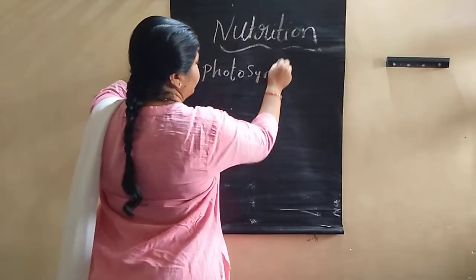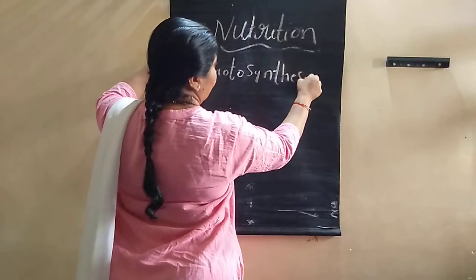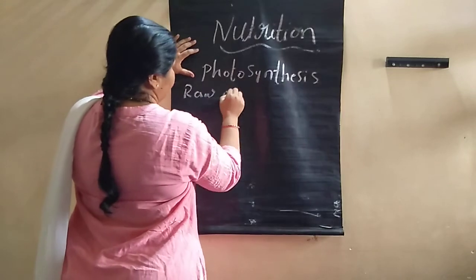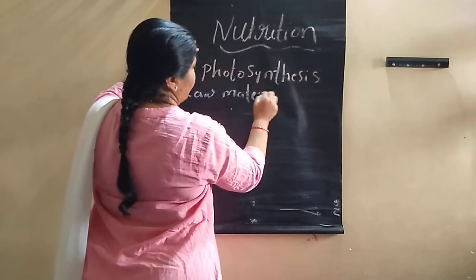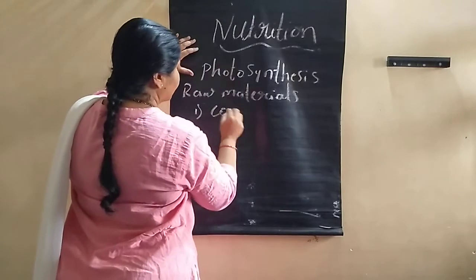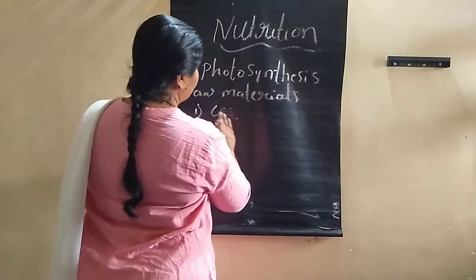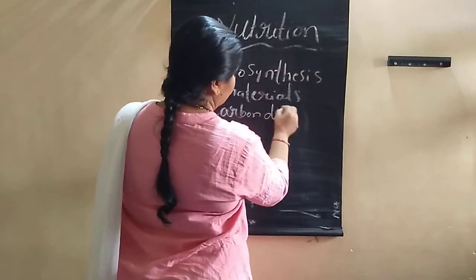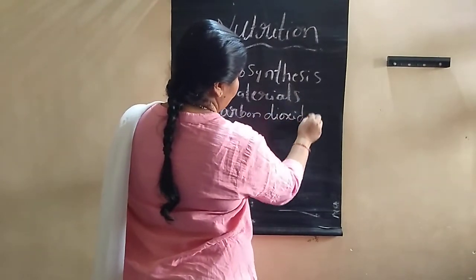Photosynthesis, raw materials. What are the raw materials? Carbon dioxide. If you don't know, you can write carbon dioxide. Okay, and next